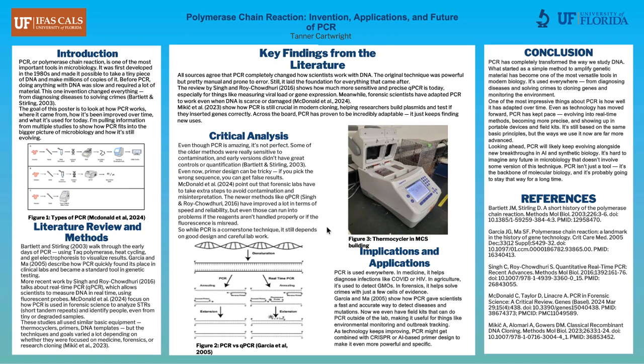So there's a few funny cases like that of sort of not user error, but just very sensitive methods like PCR. And then here we have a little diagram at the bottom of normal traditional PCR versus qPCR,